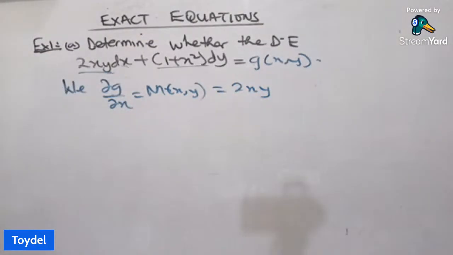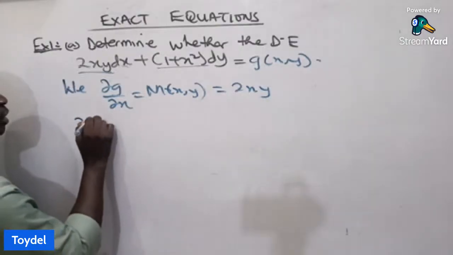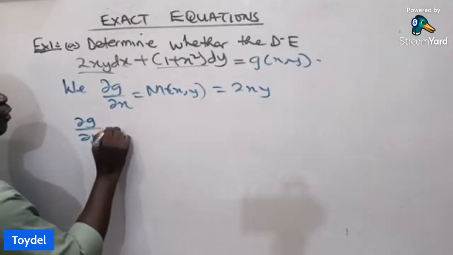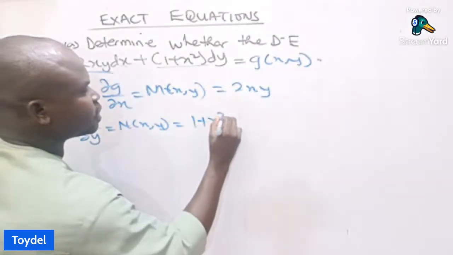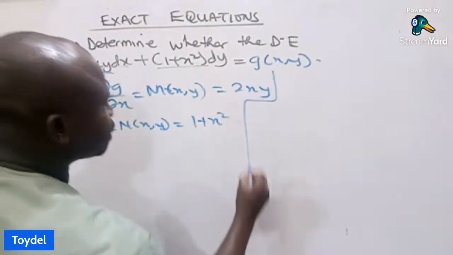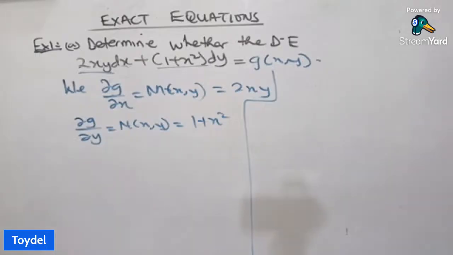Then the partial of g with respect to y we have as N of x comma y, and that is going to give us 1 plus x squared. That's what you are going to get there. So thereafter, from that first one,